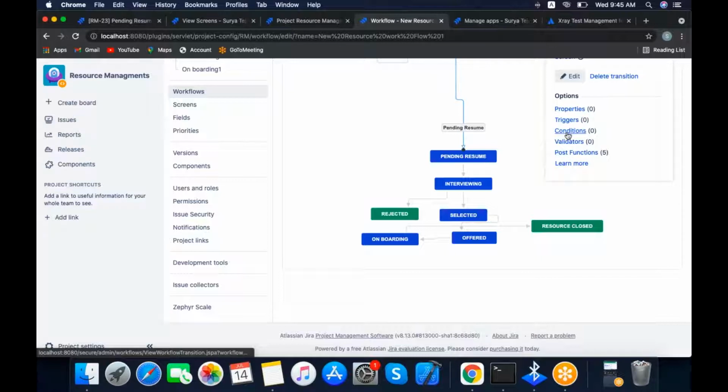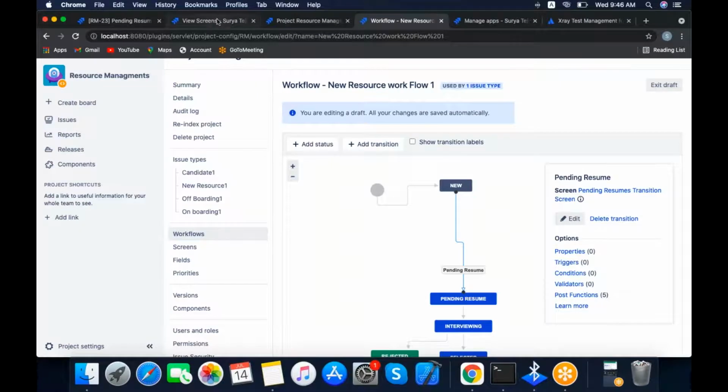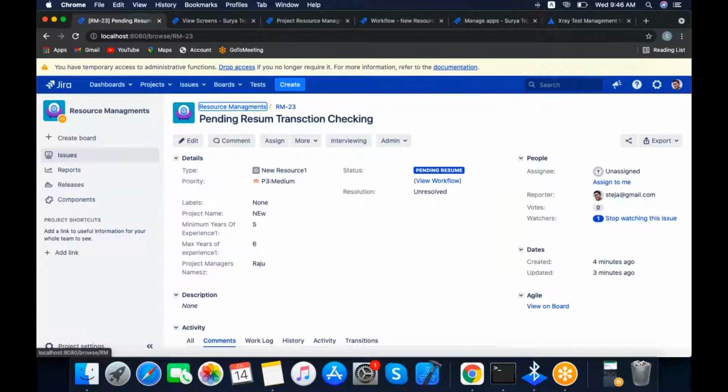Today we will discuss the conditions after completing the add-ons: what the add-ons concept is and how it works. After that, lastly, we will discuss these conditions, validations, and post functions. This is the most important interview question. Without this question, the interviewer will not close the interview. This is the most important concept: condition, validation, post functions. Before going to this concept, we will check the add-ons. Like, what is an add-on? In Jira, for example, I will tell you.